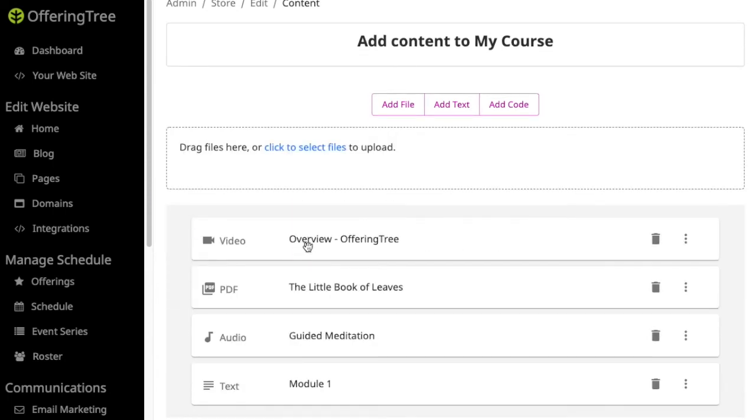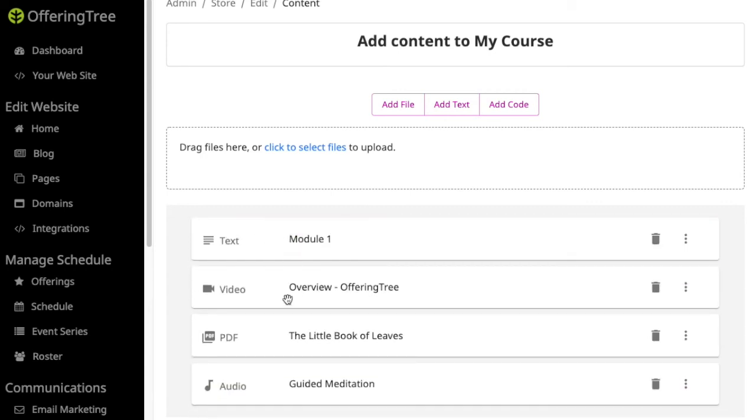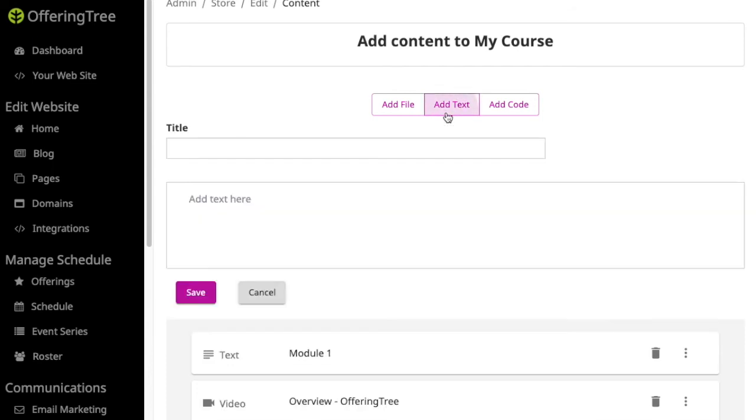So once your video is done uploading, you can rearrange all these different items. It's just drag and drop. So in this case, what I'll do is I'm going to put module 1 at the top here, and then I'm going to have the video be next. And then if I want to add another page before the next piece of content, I just click add text